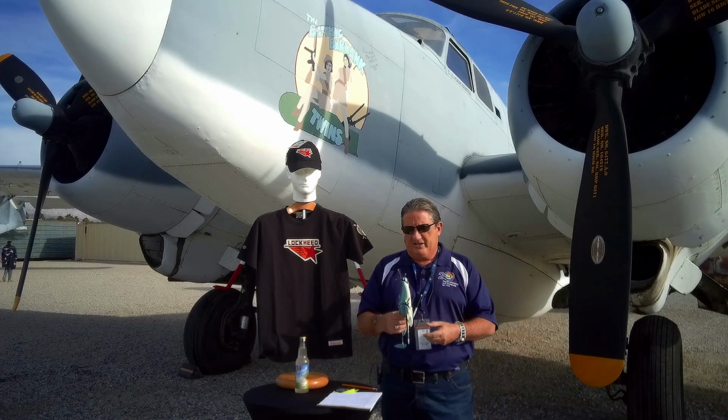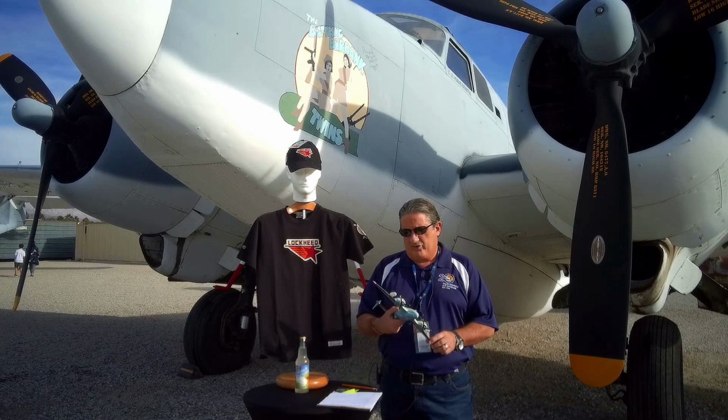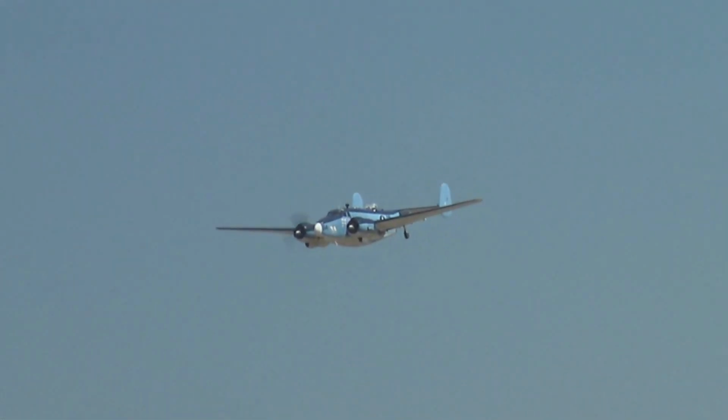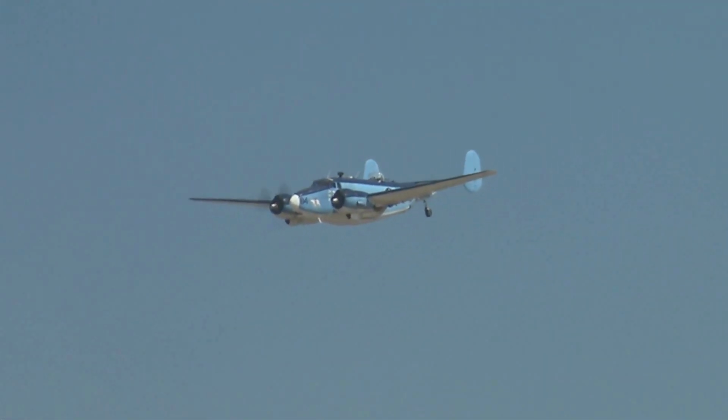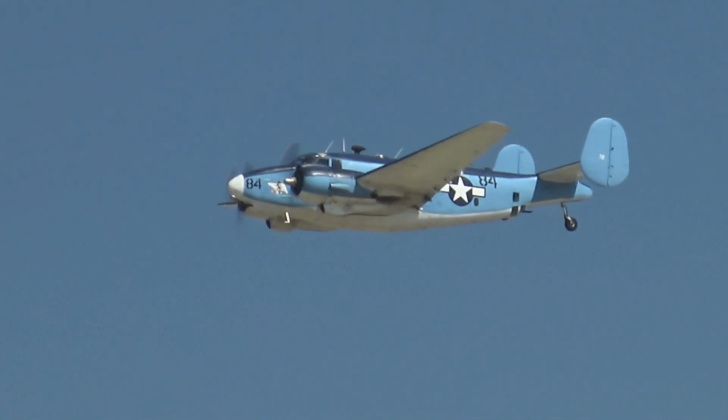This airplane's cruise speed was 230 miles per hour. It was fairly fast. An airliner simply didn't have the option to do it. However,